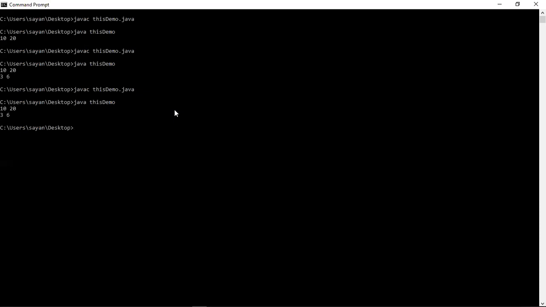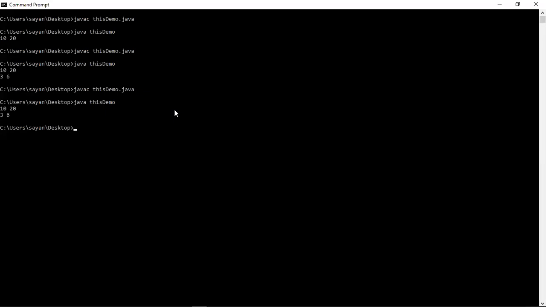So a question that may come to your mind is how many objects of a class we can make. You can create innumerable objects of a particular class according to your requirement. In this program you have seen that I have created two objects, because my motive was to show you the redundant usage of the this keyword in this program.